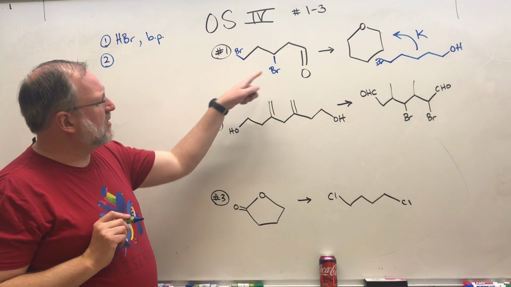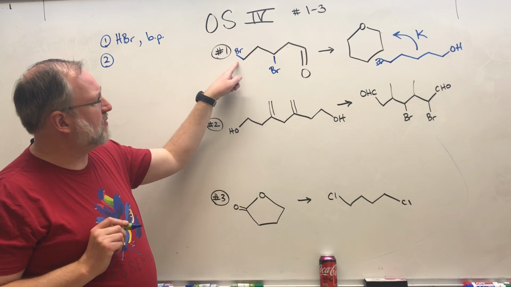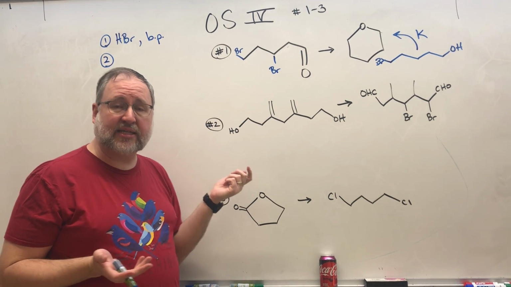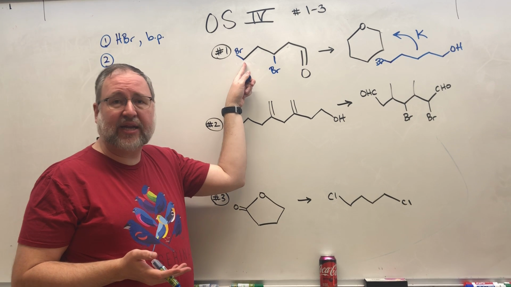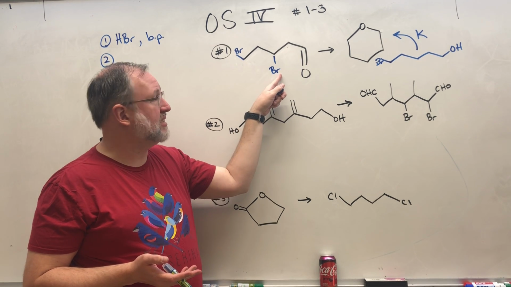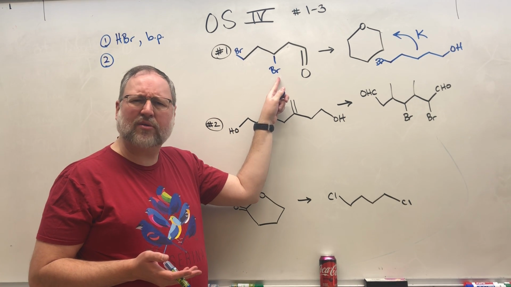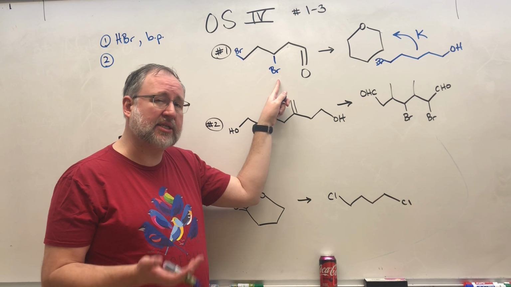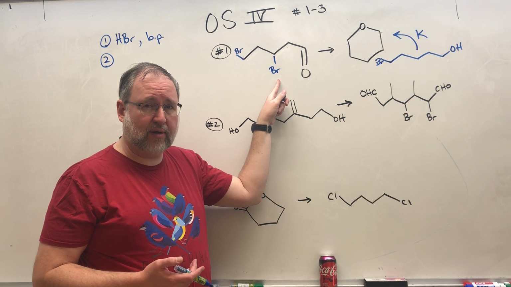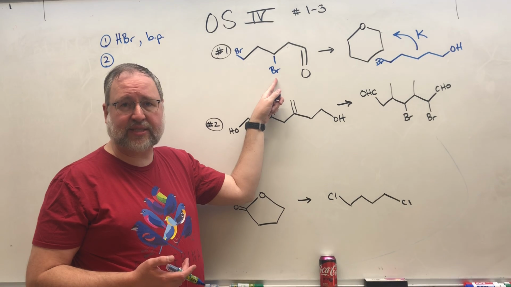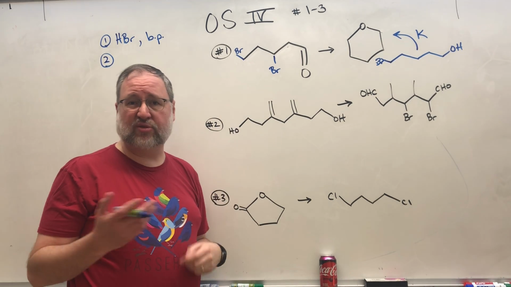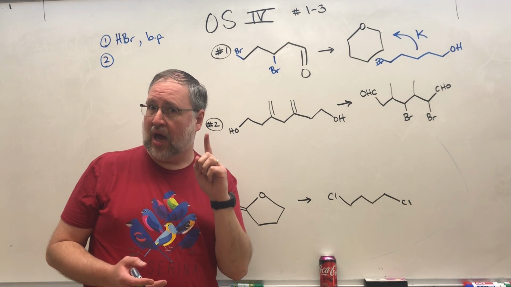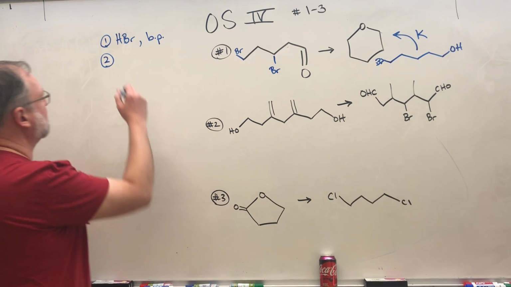All right, now I want to get rid of this one, but not this one, right? So I want to do an elimination. That's not bad because we can't eliminate things that are primary. We can only eliminate secondary or tertiary. But how do I make sure that when I eliminate this, it doesn't just get substituted for an alcohol, right? If you add OH minus, because this is a secondary position, you might get some substitution, unless you use our special reagent,